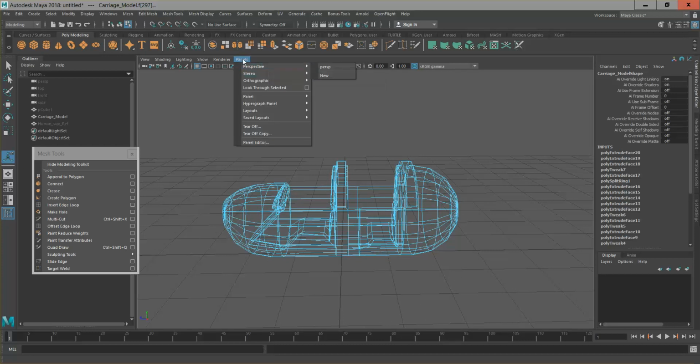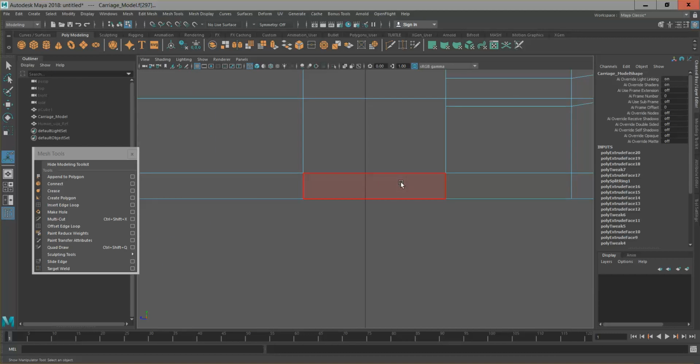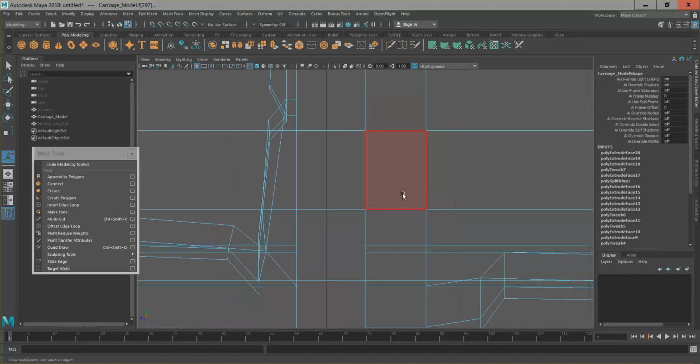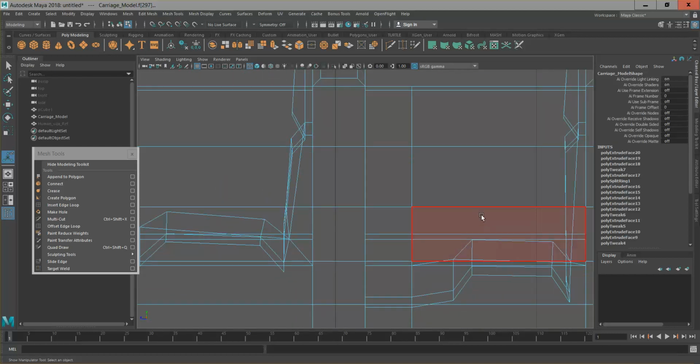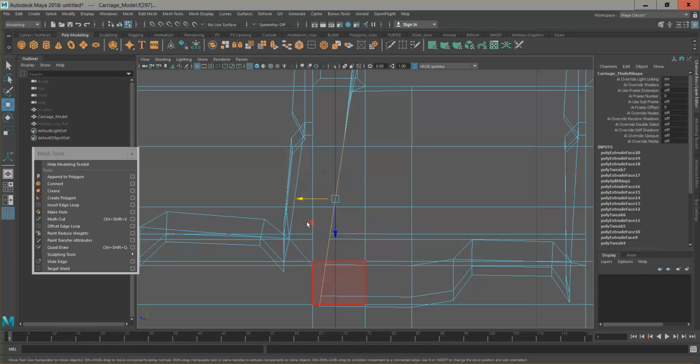So I'm going to go to panels, orthographic, and I'm going to go to side. If I push F, it's going to focus on what's selected. We can't see it selected because we're right on the side view. If I push W, I can then pull that in. I'm going to put it back there, and I'm going to push E to rotate that. You can see the seats there, so we don't want to overlap that too much because we might show through. But if we push that to there, and